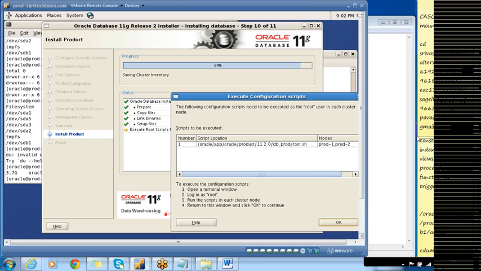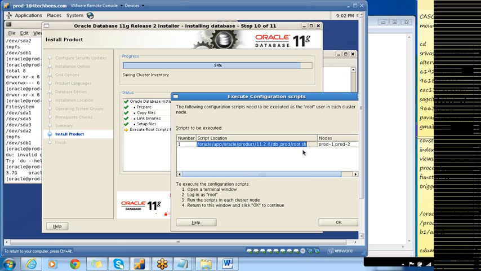Okay, it will take some time to push 3 GB of binaries to node 2. Okay, RDBMS installation is done. So we need to execute this script, which will add the entries into oratab, and also it will update the Oracle inventory with the Oracle home information and all those things.